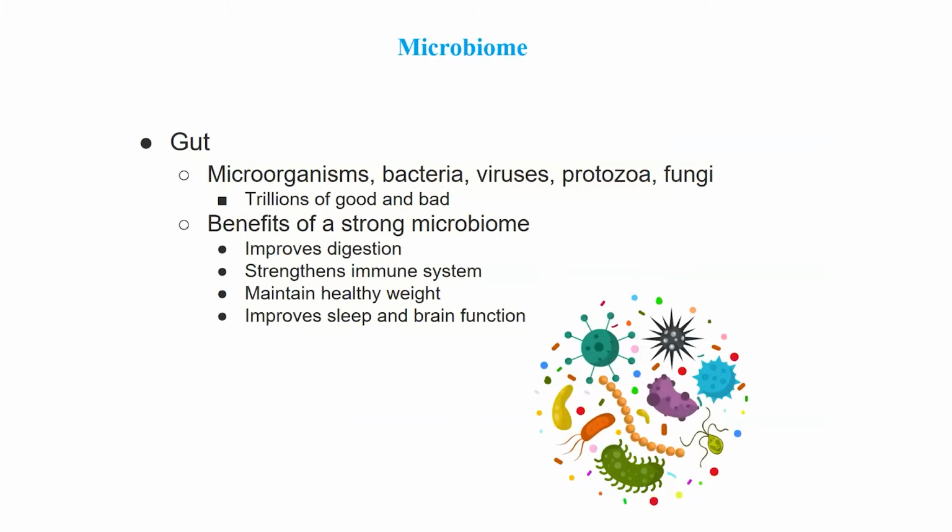Okay, so the microbiome, our gut. There's been so much research on the gut microbiome in the past 10, 20 years, and we're learning more about how maintaining a strong gut flora can improve our digestion, strengthen our immune system, maintain healthy weight, and improve our sleep and brain function. There are trillions of both good and bad bacteria in our digestive system, and these include bacteria, viruses, protozoa, fungi,